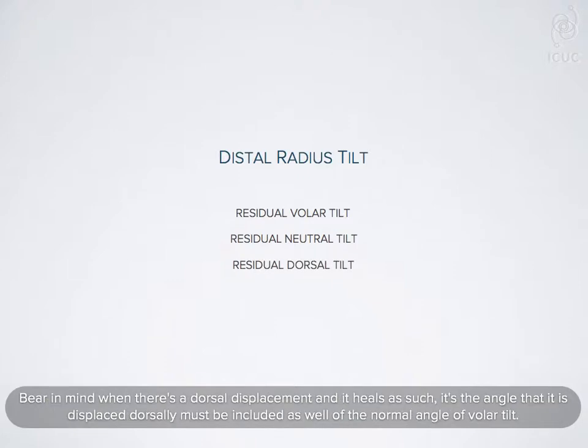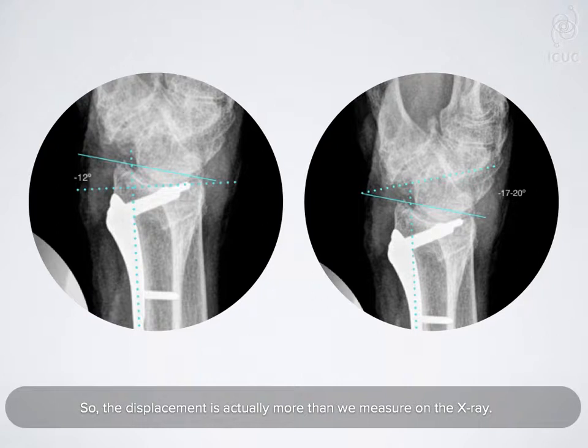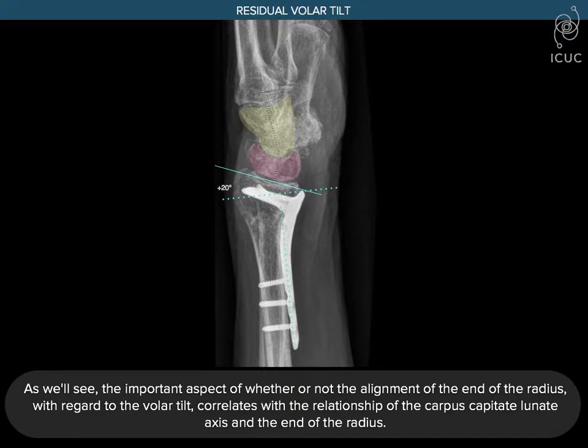Bear in mind when there's a dorsal displacement and it heals as such, the angle that it is displaced dorsally must be included as well as the normal angle of volar tilt. So the displacement is actually more than we measure on the X-ray. As we'll see, the important aspect is whether or not the alignment of the end of the radius with regard to the volar tilt correlates with the relationship of the carpus, the capitate lunate axis, and the end of the